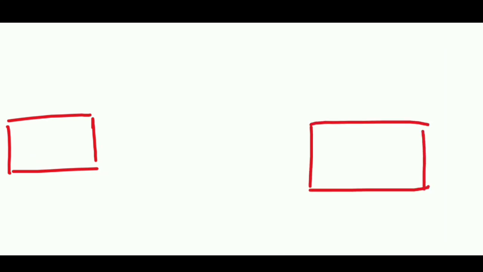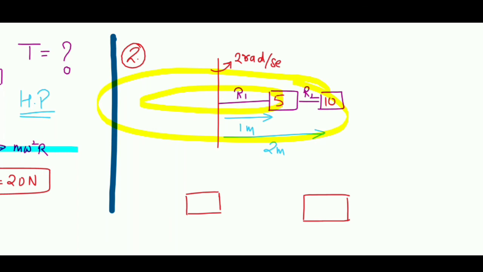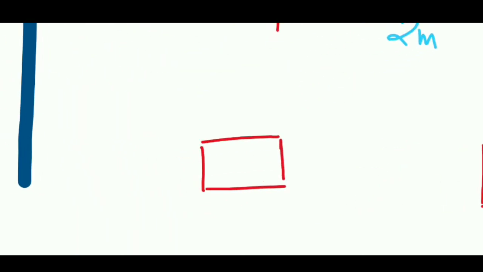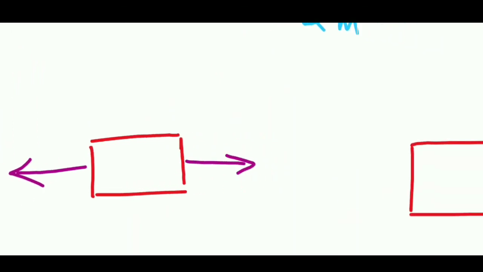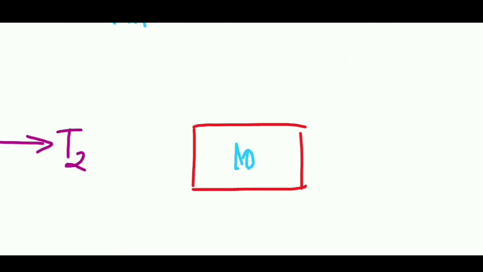So over here I will draw the free body diagram of both the blocks, 5 kg as well as 10 kg. Again the circle over here is in the horizontal plane, so I don't need to worry about mg, which will be downwards, so that will not be along the center line. If I draw the forces only along the center line, there will be one tension for rope 1, let us name it tension 1, and one tension for rope 2, let us name it tension 2. This is my 5 kg block, and this is my 10 kg block.